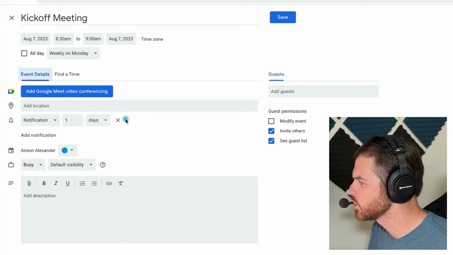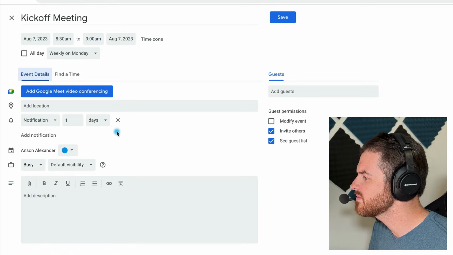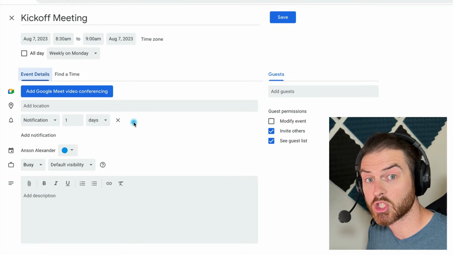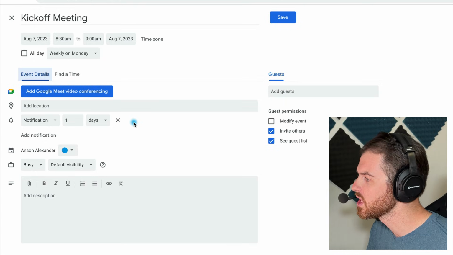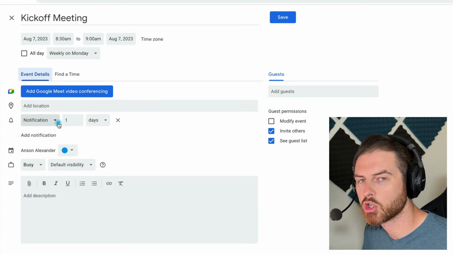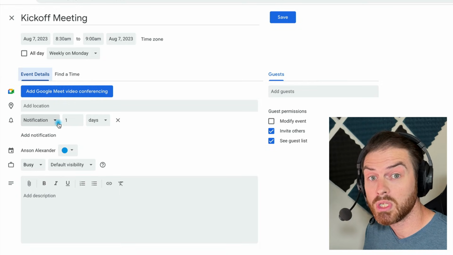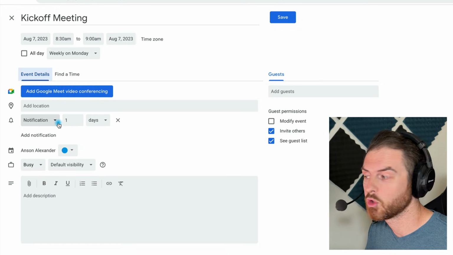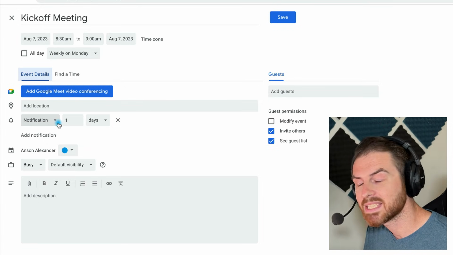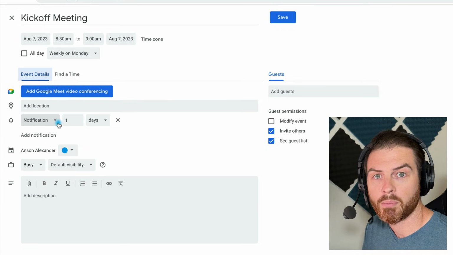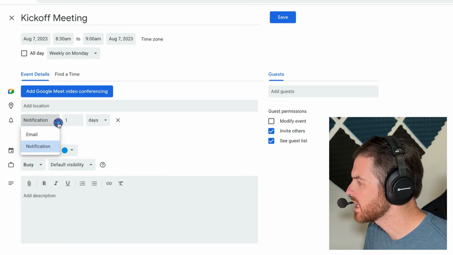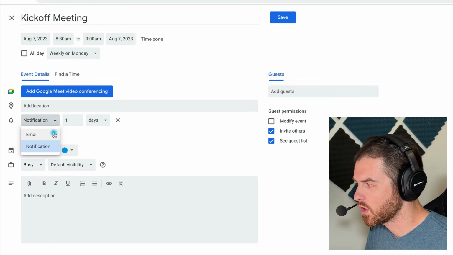And then down here we have the notification settings. So by default, it's going to send us a notification 1 day before this event. So that's 24 hours before the start time of this event. And you'll notice that a notification in a browser is a pop-up. And so you do need to allow Google Calendar to show you pop-ups in order to see those browser notifications. However, on your mobile device, if you have Google Calendar set up on your mobile phone, you will get a push notification.